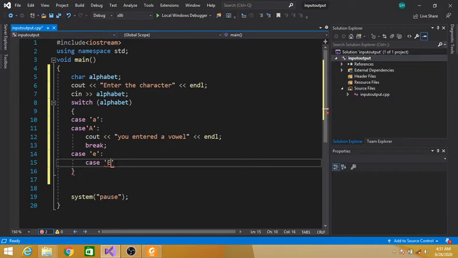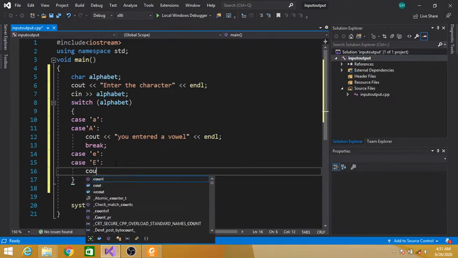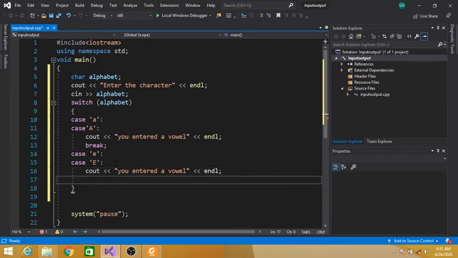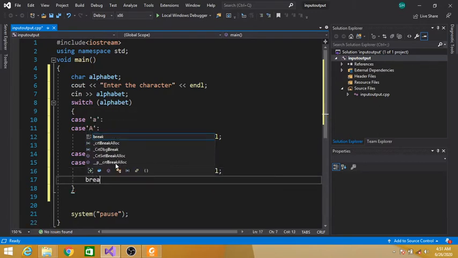Similarly, capital 'E', colon, and then cout, you entered a vowel, and break.